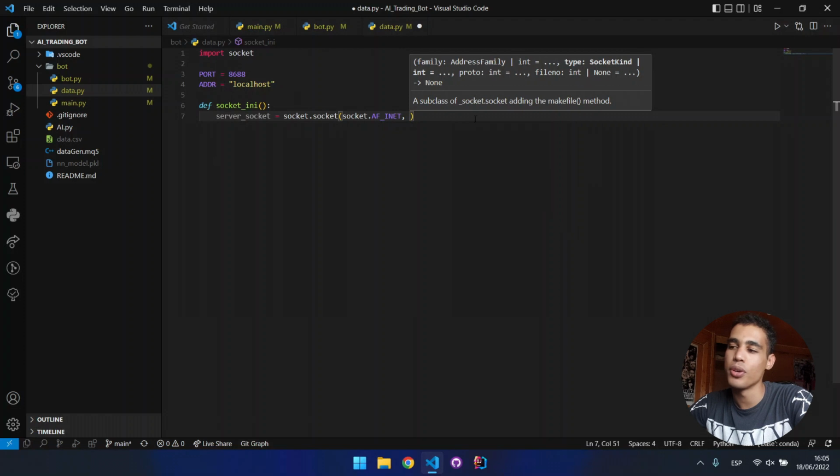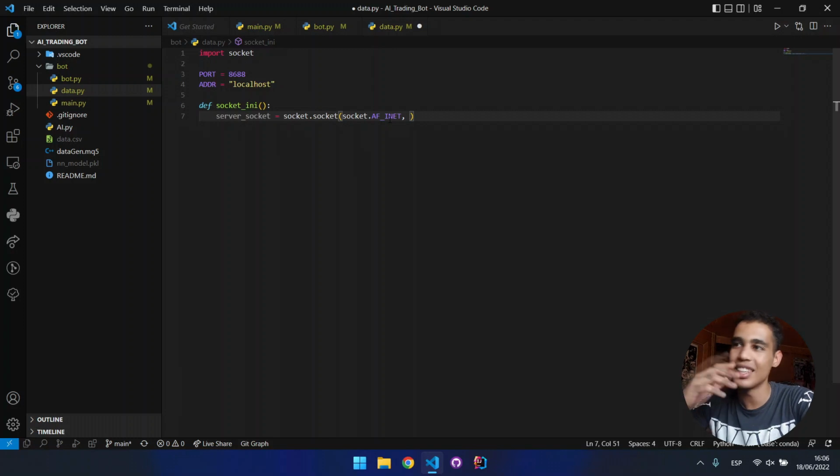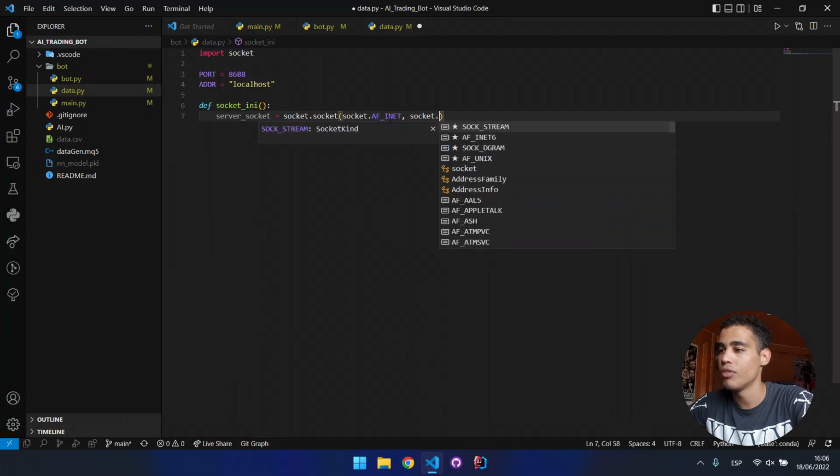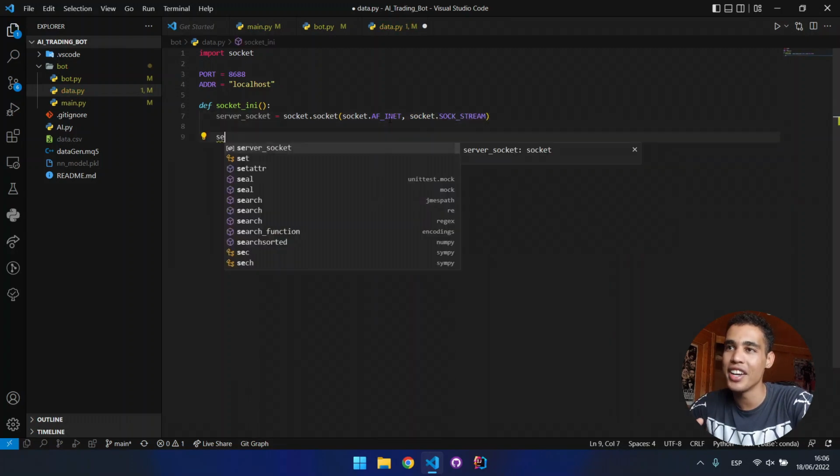Okay, this is for using AF init, for using IP version 4, and here we need to set that we are going to use the TCP connection instead of the UDP or anything else, TCP. So for that you put here socket string. Perfect. So now we have to bind this to the address and the port,